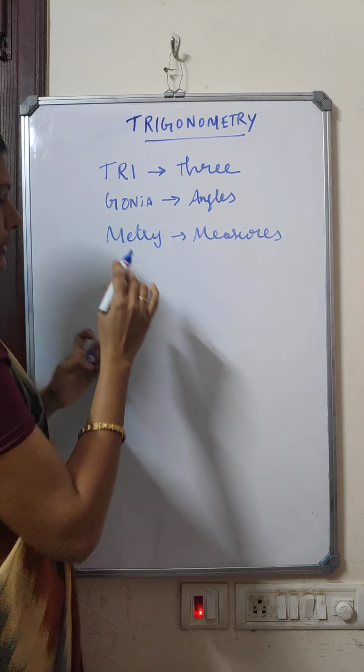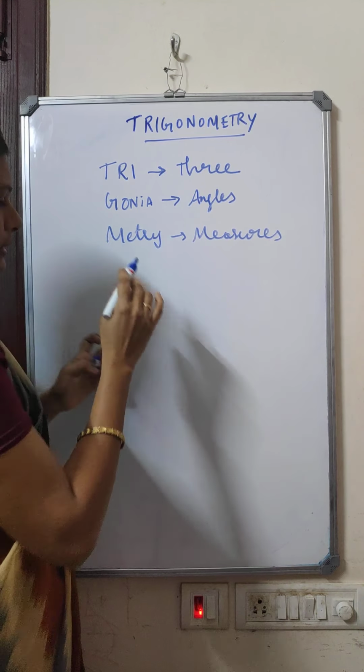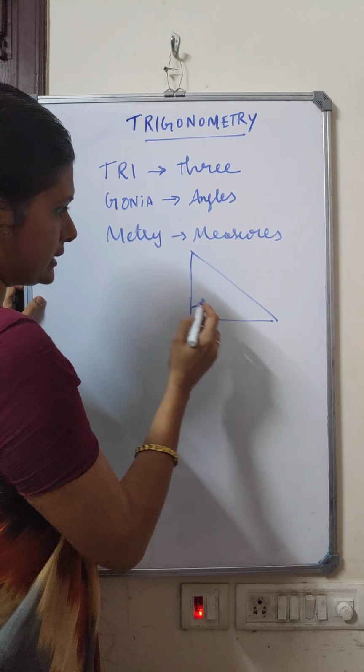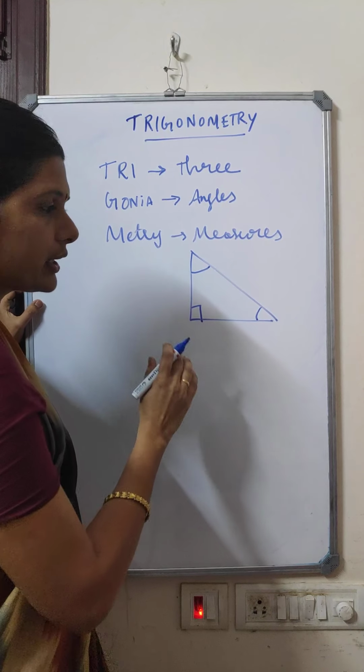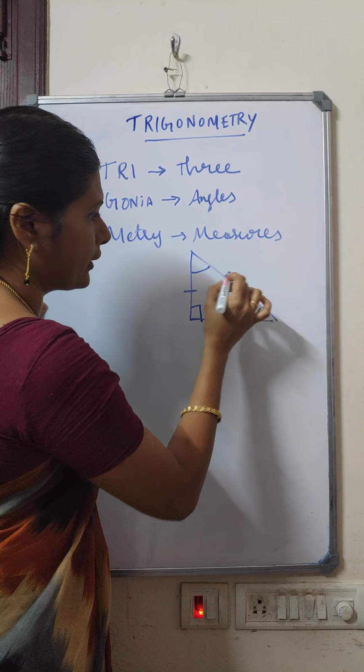In this full trigonometry chapter we are going to deal only with the right angle triangle. Only the right angle triangle we are going to read throughout the chapter. You don't see any obtuse angle triangle or any acute angle triangle over there. Three angles measured in sense, it is like one angle here. Three angles you have in this triangle and three sides you have.